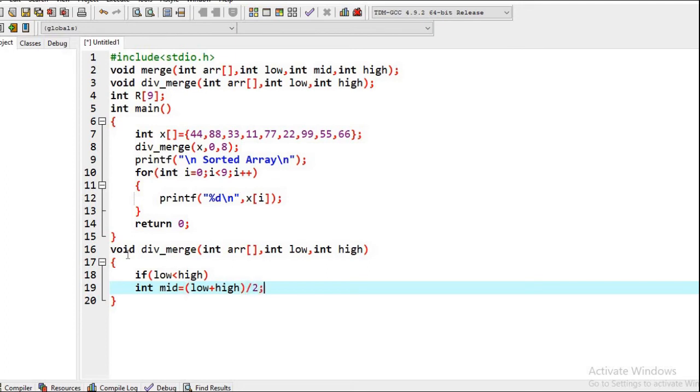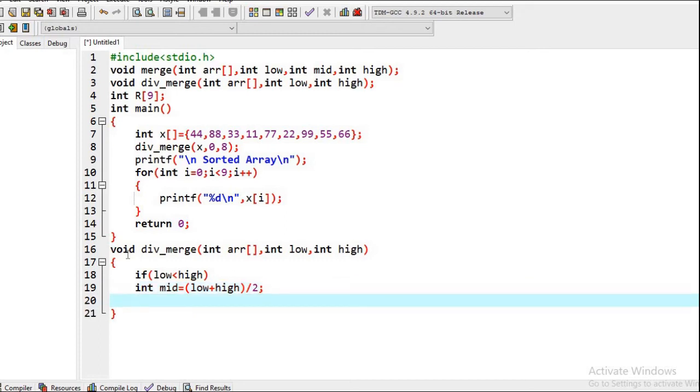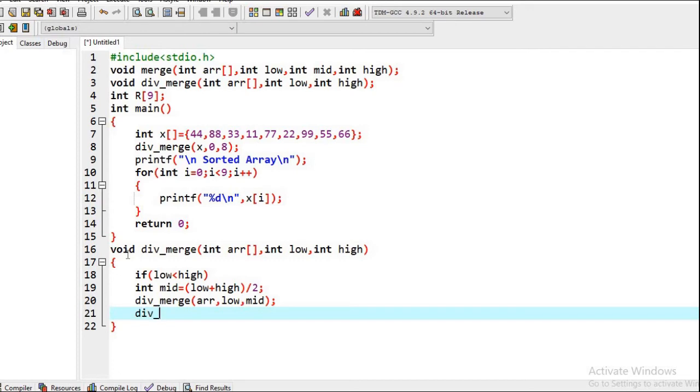This gives us the mid index, and now we will recursively call this function divmerge again. We pass the array, and the first part will be from low to mid, and the second part will be from mid plus 1 to high. That's why we are calling it 2 times.